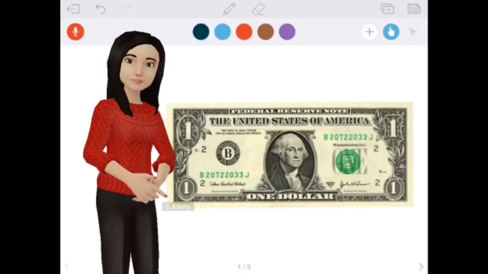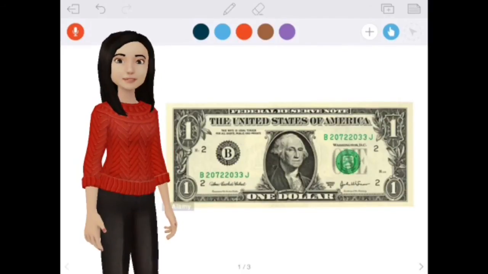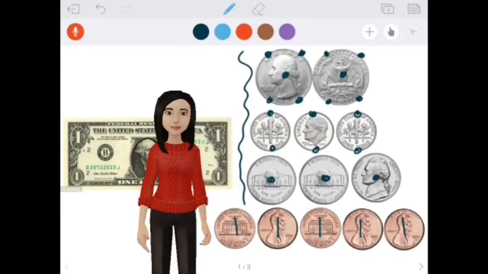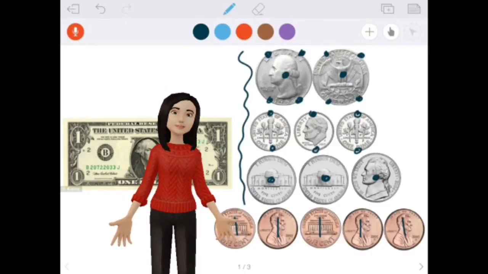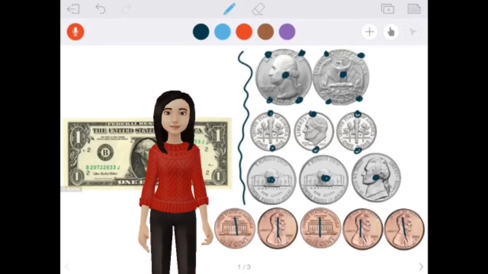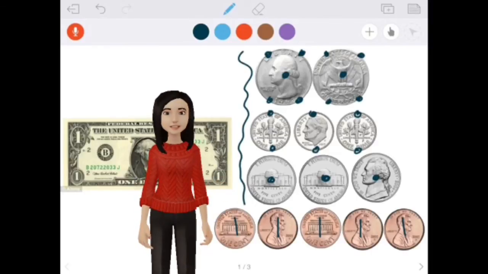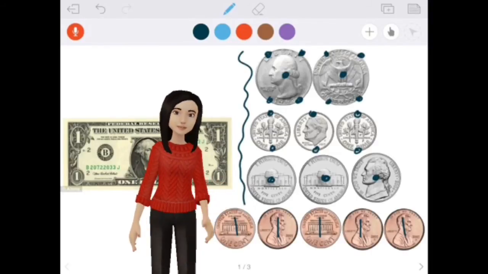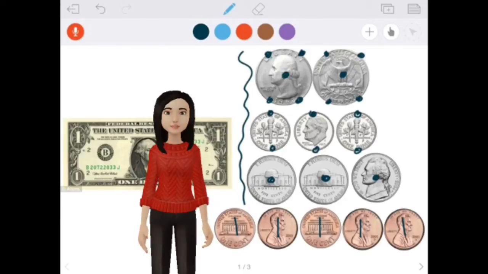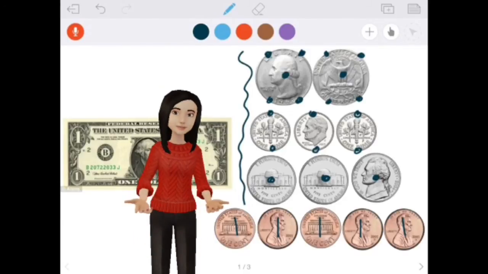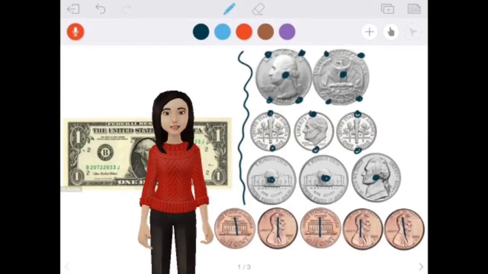Let me show you one way. I have 2 quarters. I know that these 2 quarters make 50 cents. Then I have 3 dimes. I can start skip counting from 50 by tens. 50 in my head,